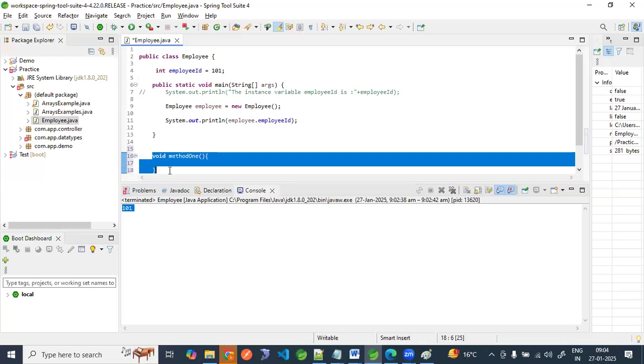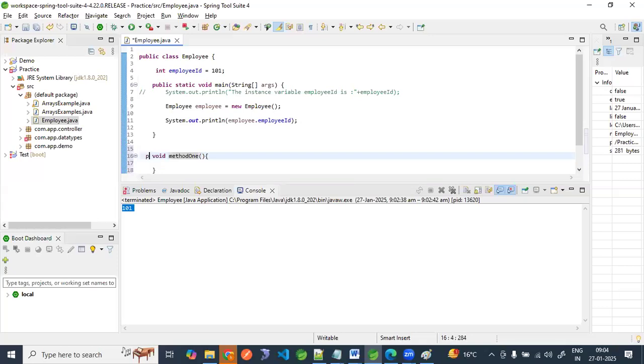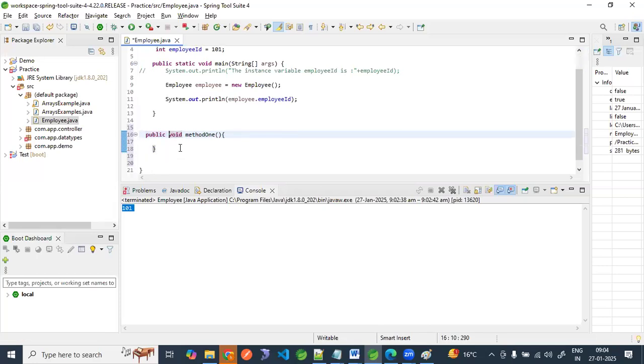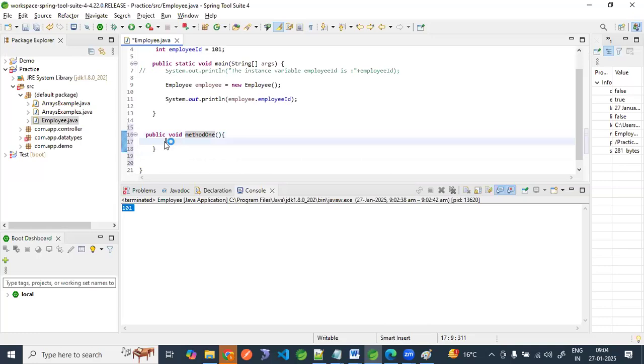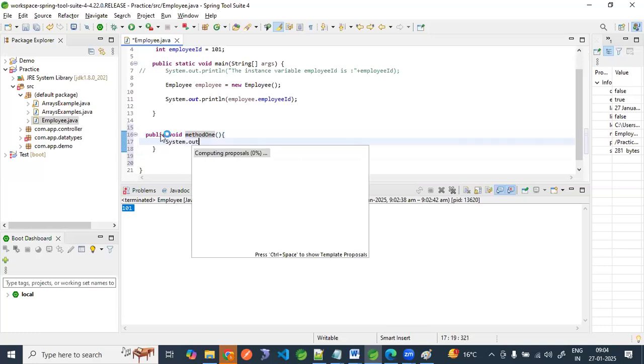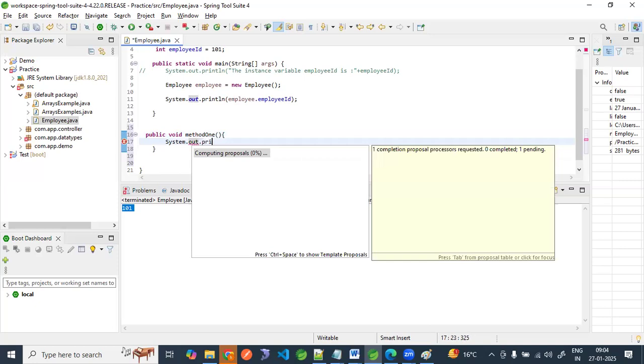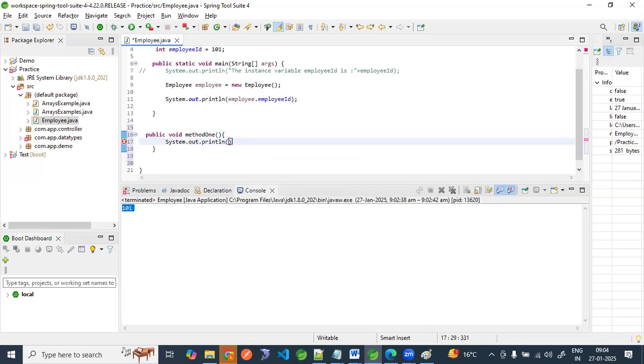Now, the syntax is complete, but I want to declare it public. We do not fully understand what public and private are; we will understand them soon in an upcoming session. Now I want this method to be called, and whatever logic is in this method should print. What is my logic? System.out.println is my logic, and